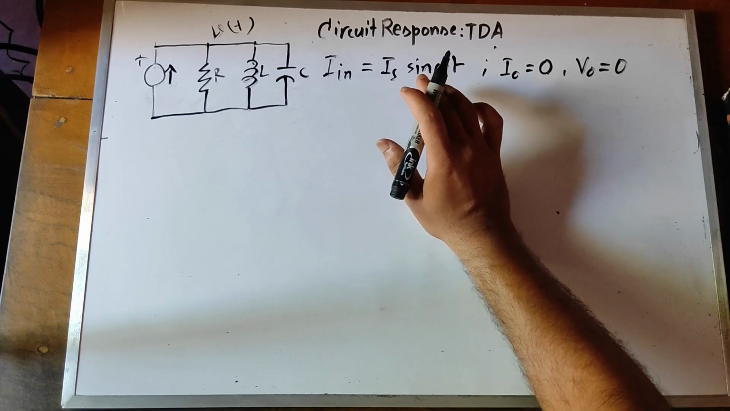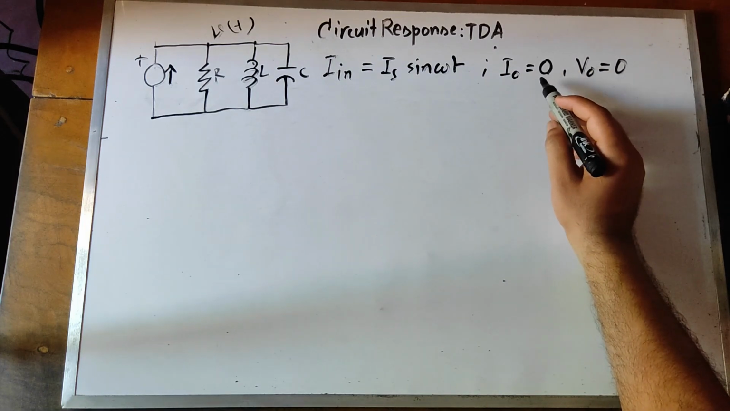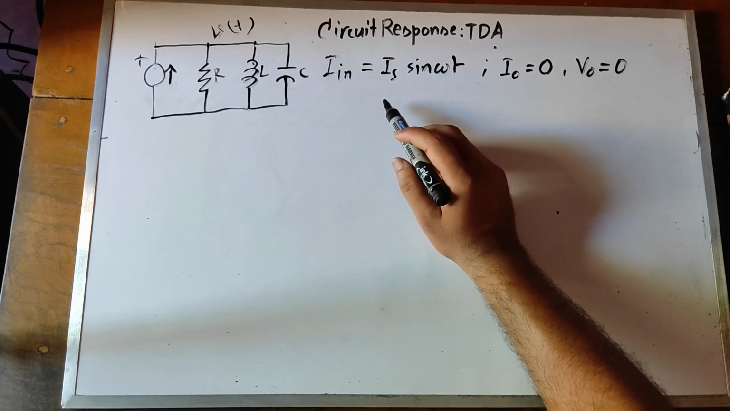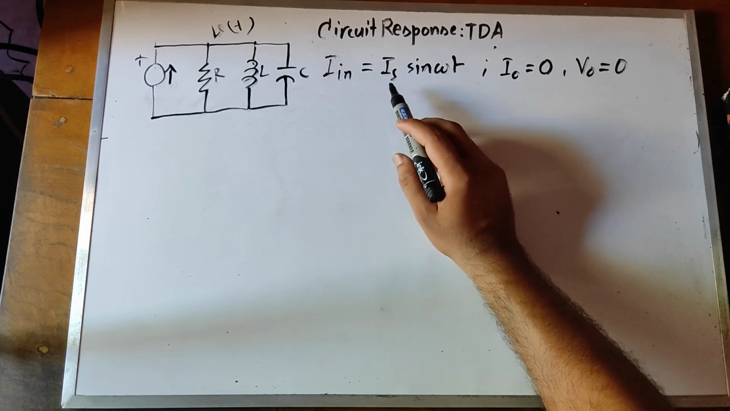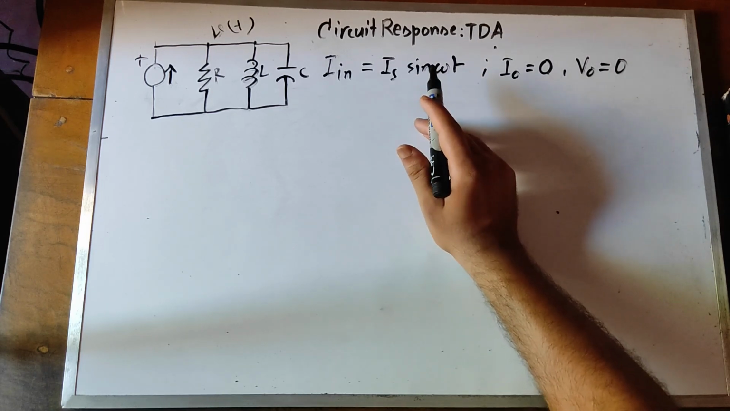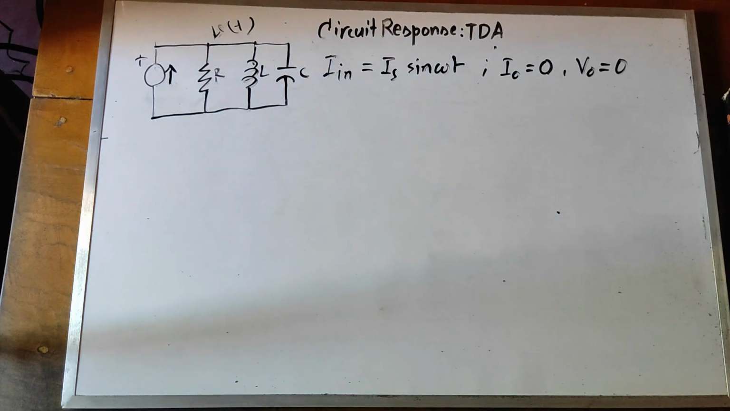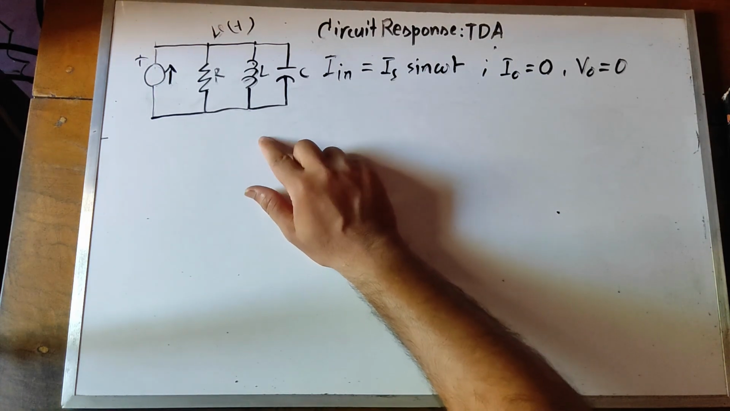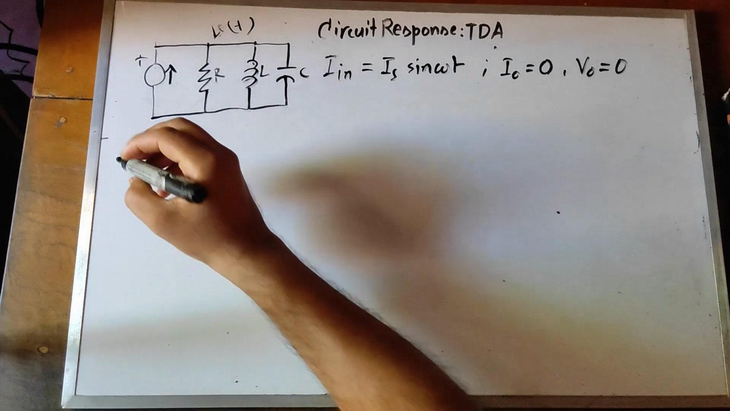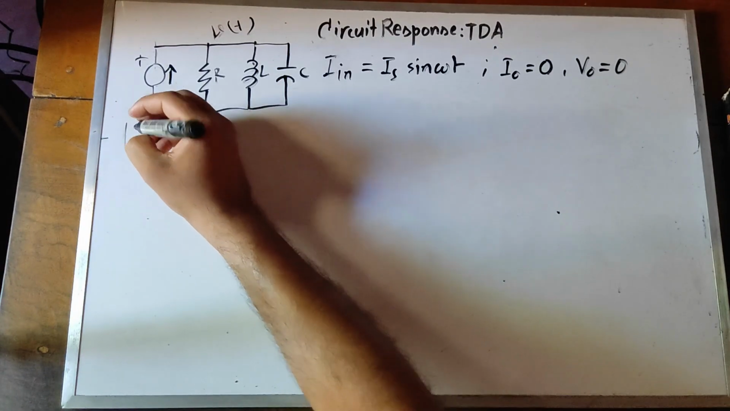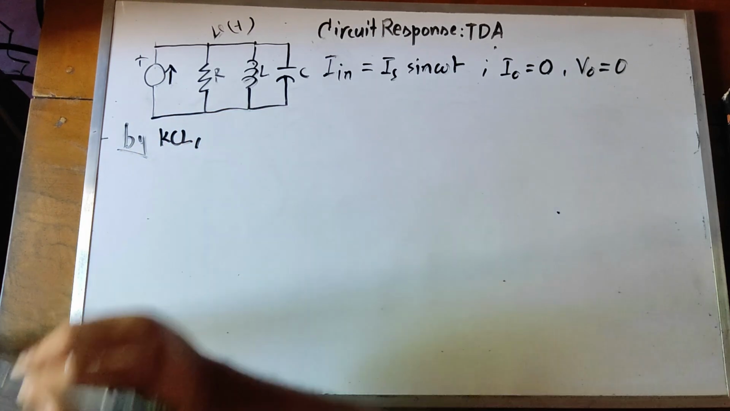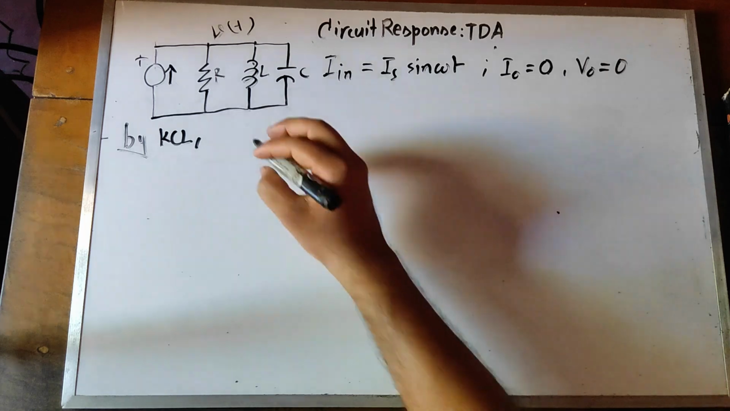So there are two types of transient: the inherent transient because of stored energy, and the transient introduced by the input. So I'm just interested in finding the particular integral from the linear differential equation with constant coefficients generated by this parallel RLC circuit. So by KCL,